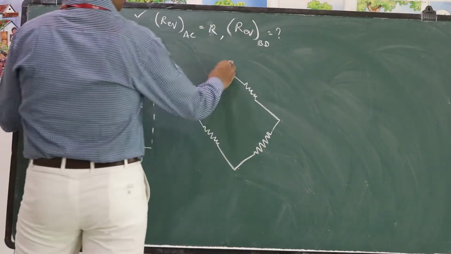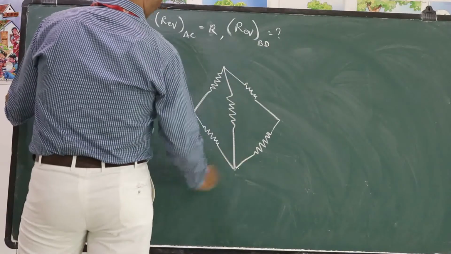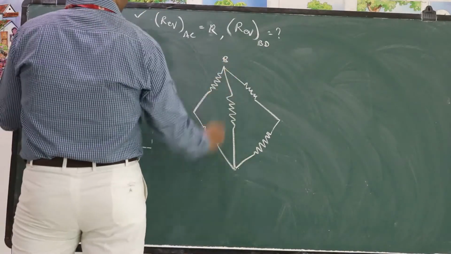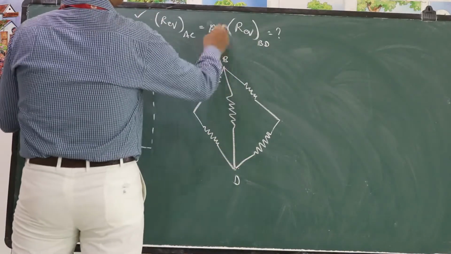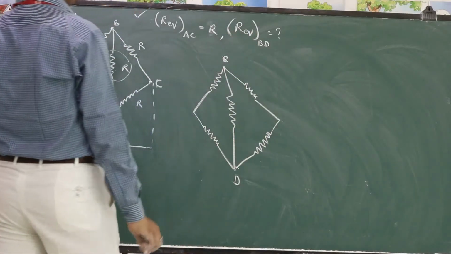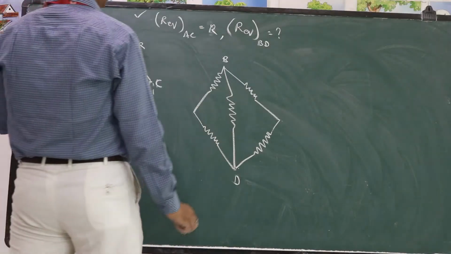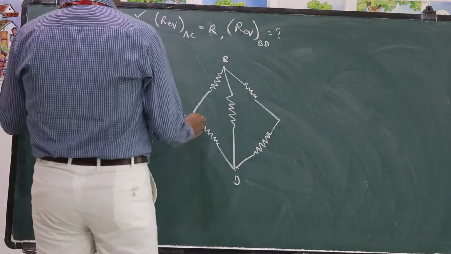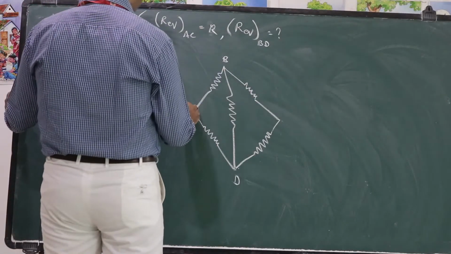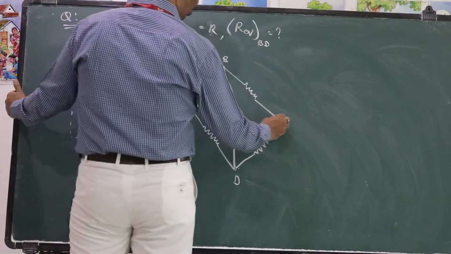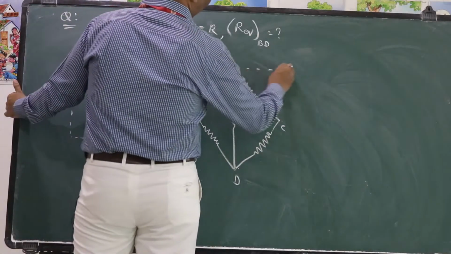In this circuit, points B and D are here. You are asked to find equivalent resistance between B and D. Okay. Now, in order to find the equivalent resistance between B and D, we should imagine a cell which is connected